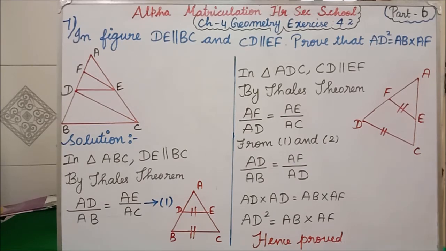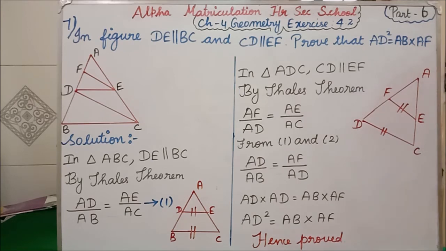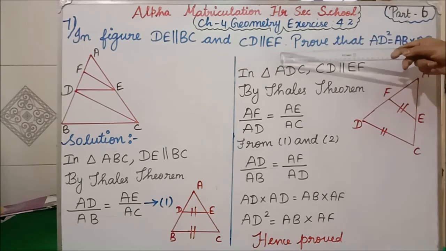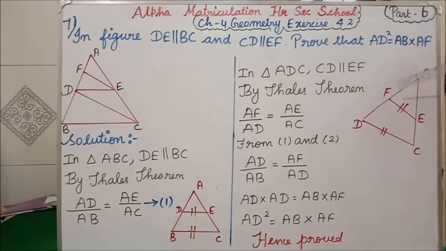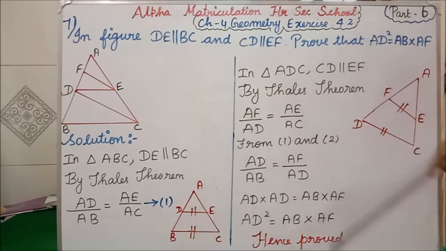Next, in that figure we have two triangles, isn't it? I have taken the next triangle. For the next triangle, the baseline is DC, so I have taken DC. Here A is there. In the middle line, what have they given? CD is parallel to EF, the second one. So here CD is parallel to EF. Like that, you have to take the triangle in which the line is parallel. In the first, they have given DE parallel to BC, so I drew DE parallel to BC and took the triangle accordingly. And they have given CD parallel to EF, so you draw that CD, then where is EF, and from that you construct the triangle.